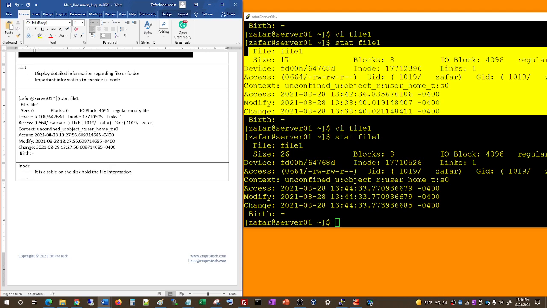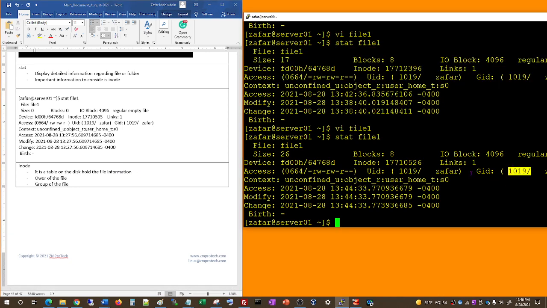Okay, and it has information regarding the owner of the file, the group of the file. So this is a group, the number you see here, group. Okay, and this is the owner. And the type of the file. Okay, and